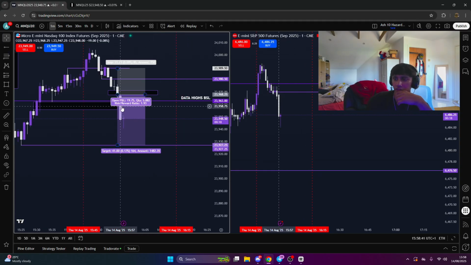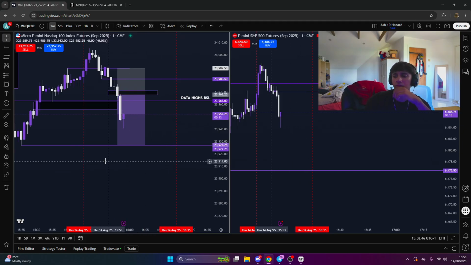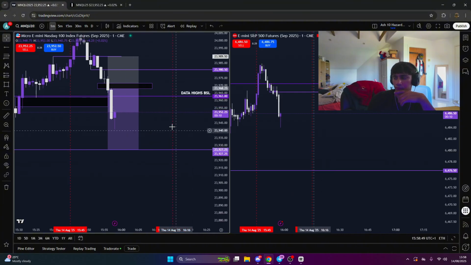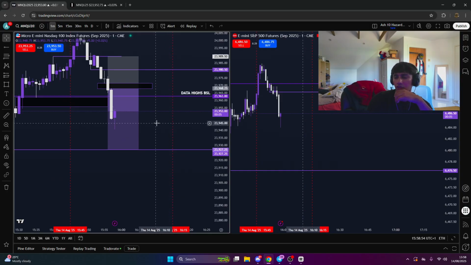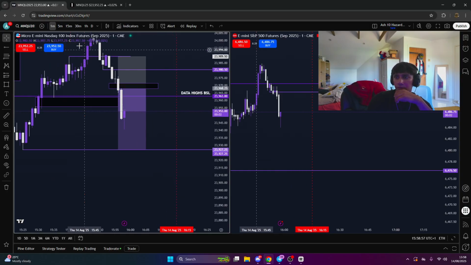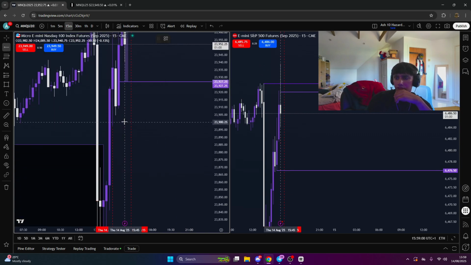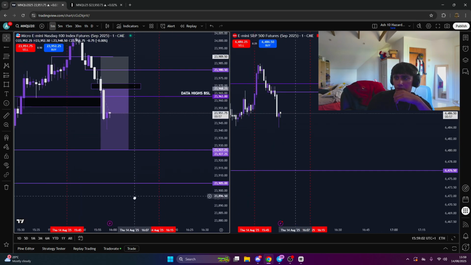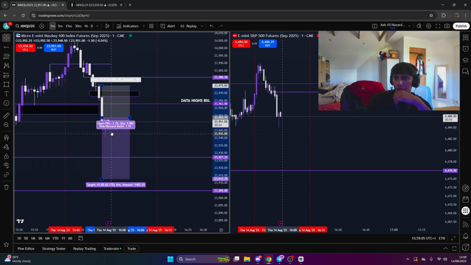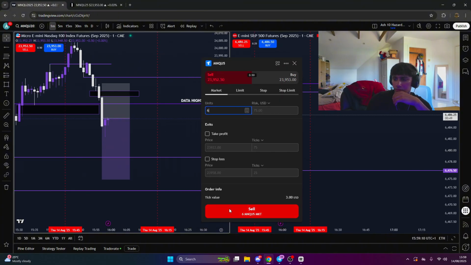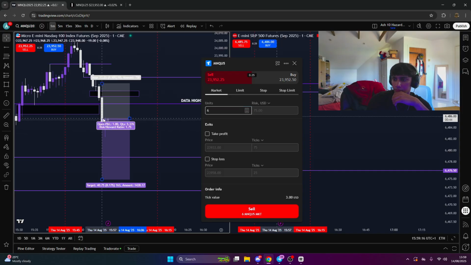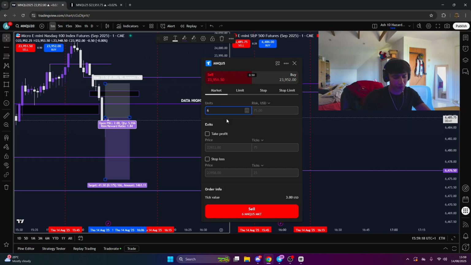So I'm not going to take it off this gap. I want to wait for the upper one. Yeah, so I want to wait for this gap at 23968. I'm not taking it off this one here because the stop placement isn't great. Actually, I'm going to take it off this one. Yeah, so use half position.